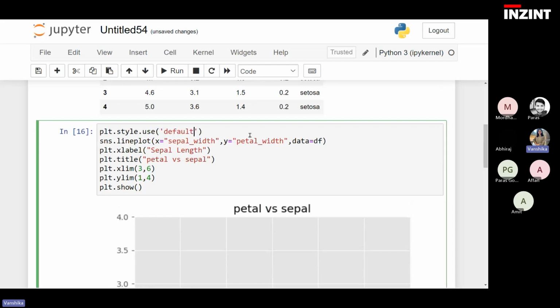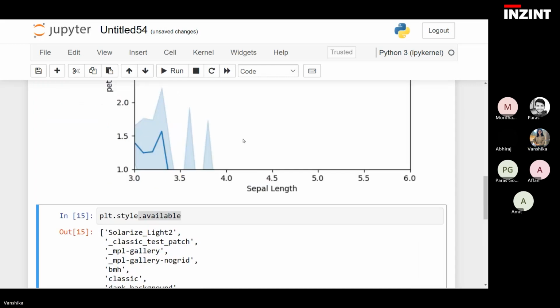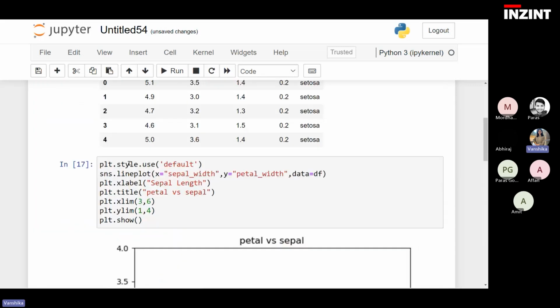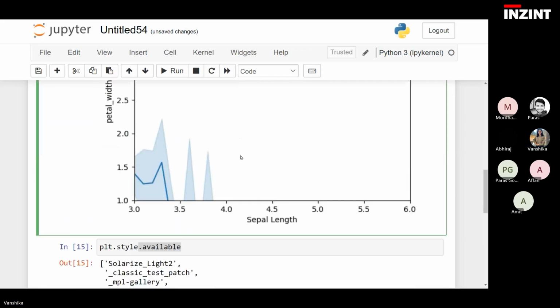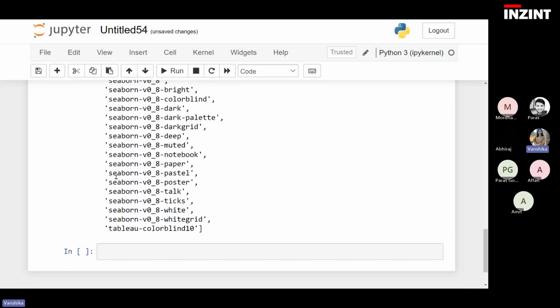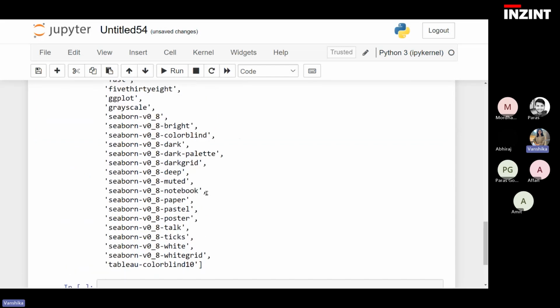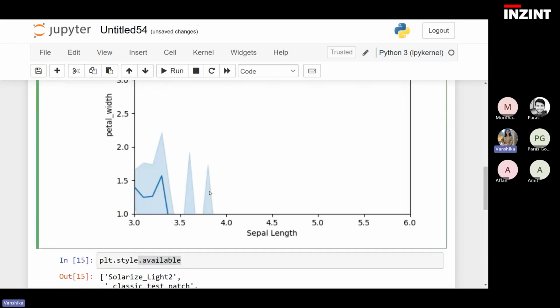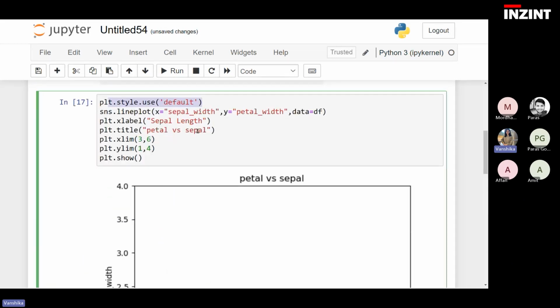If I want to change the styling, I can again select default, and this is the default styling that has been imparted to my graph. Any other kind of styling you want, these are the values available. You can put any value inside the function, and that styling will be applied to all graphs. Once I use this style.use function, every other graph that I draw is going to get this kind of